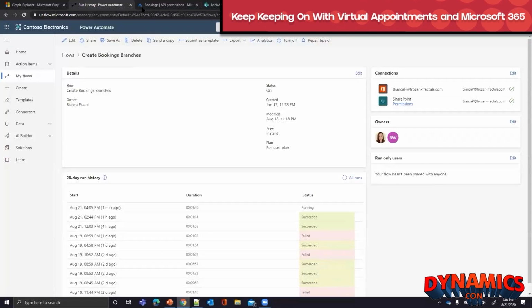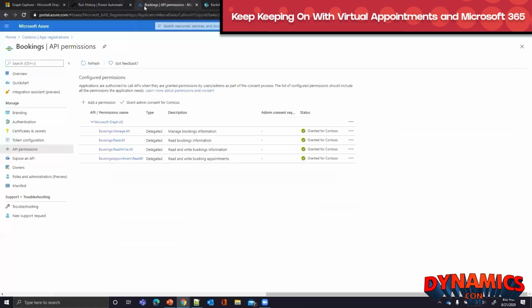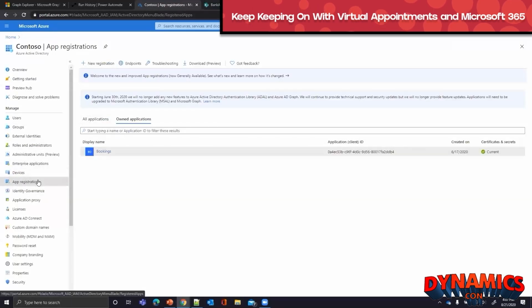Now, one other important thing to highlight, and then we'll start wrapping things up. We'll come back to the demo and make sure it comes out of the oven. But in order for you to authenticate to the graph, there's a piece of work that needs to be done. There's a service inside of Azure Active Directory that allows you to create something called app registrations. So you will need to work with your Azure AD team or your customer's Azure AD team to work on this. But there needs to be an app registration that's created in order for you to work with the graph inside of Flow. And so I have one here today called Bookings.